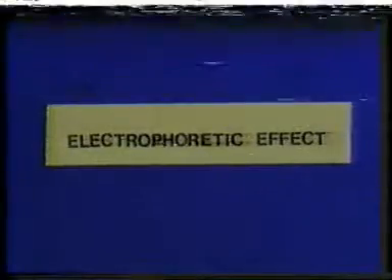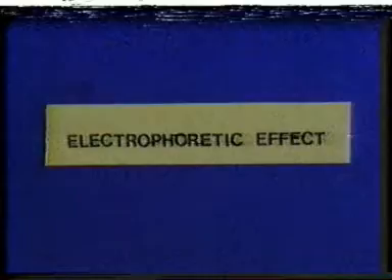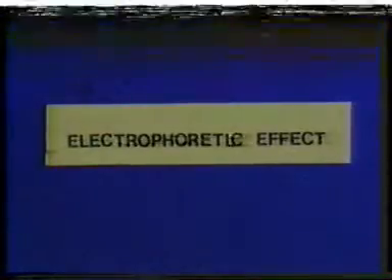When the ions are subject to a driving force, the ionic cloud of opposite charge moves in the opposite direction to that of the central ion, so there is a further decrease in the velocity of the central ion. This decrease in velocity is due to the electrophoretic effect, and this effect is named by analogy to the movement of colloidal particles under the influence of an electric field.